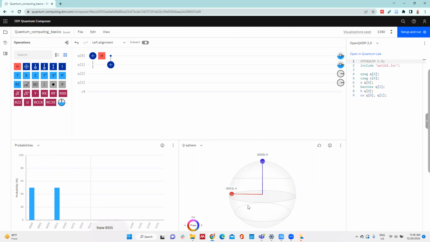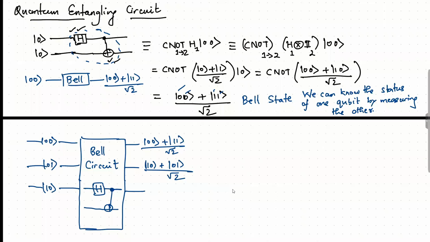plus 1, 1 again. But now we see that the 1, 1 state has a phase of pi, so it would give a negative sign. So our state then becomes 0, 0 minus 1, 1 over root 2. And finally, we apply the state